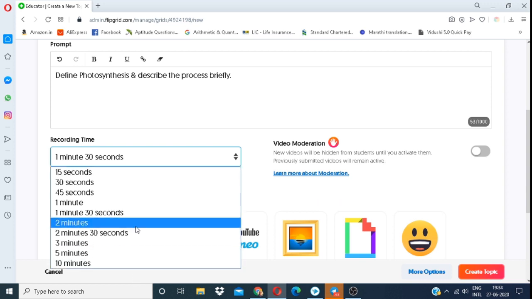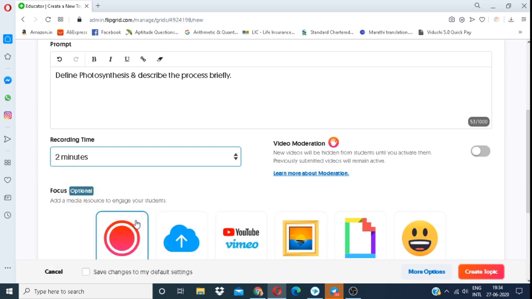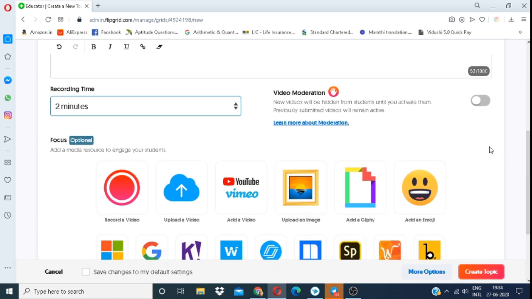For this question in particular, I am going to give 2 minutes. So my students can record for 2 minutes. Now, video moderation. As a teacher, it is your responsibility to select this option so that you can moderate the video responses that are given by your students. So you have to click on this.